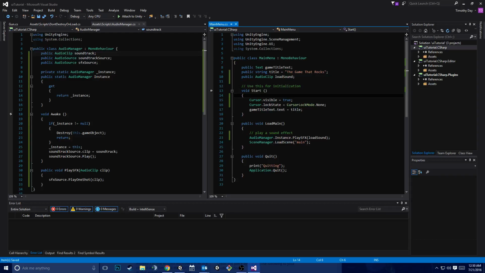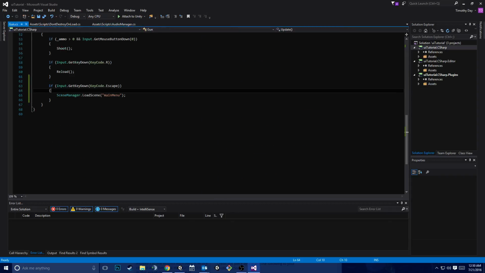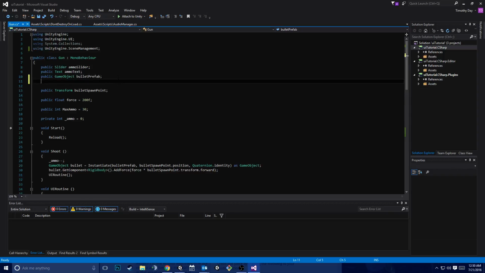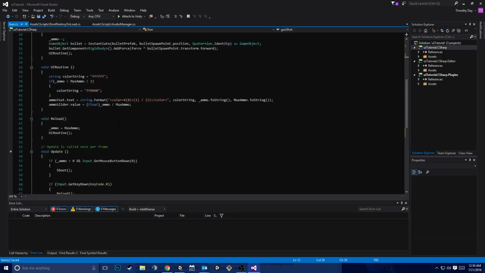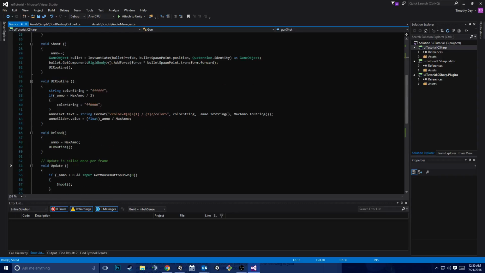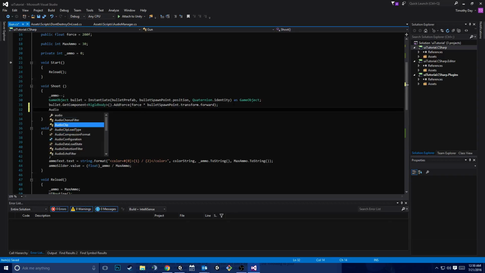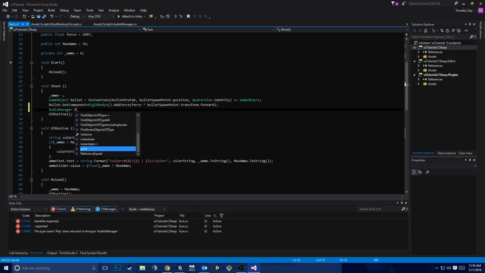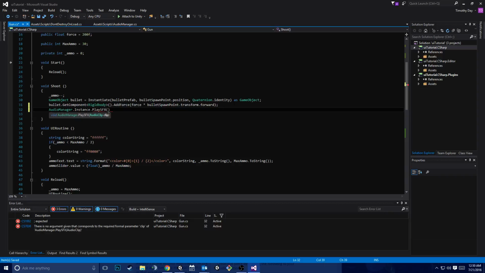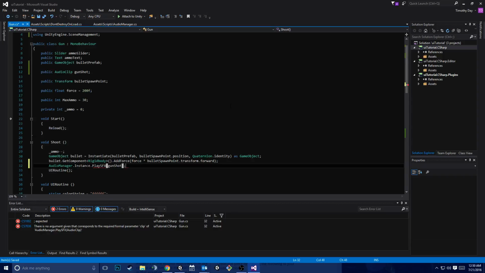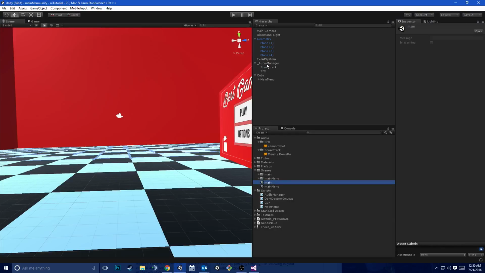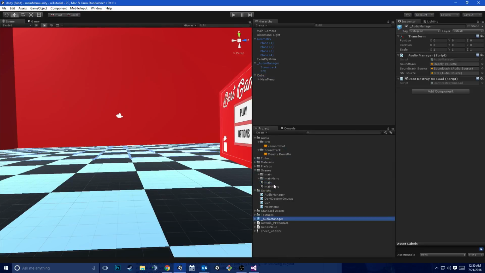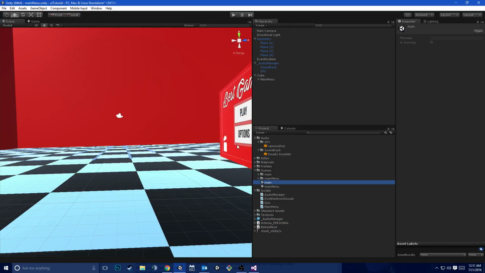Next thing I want to do is add the gunshot sound to my gun. We're going to do it the same way we did it in the main menu. I'm just going to say public audio clip, gunshot. And inside shoot, I'm just going to say audio manager dot instance dot play sound effect. What did I call it? Gunshot. Okay? And so I need to go over to main, and before I do that, I'm going to go ahead and prefab my audio manager. We'll talk about that in a second. I'm going to go over to main, and if I hit play,